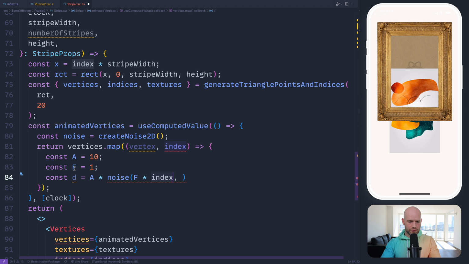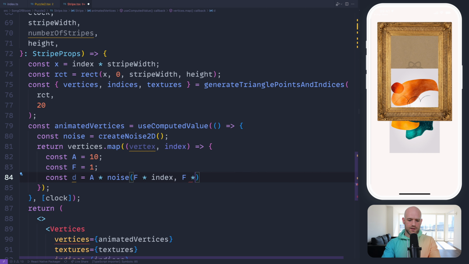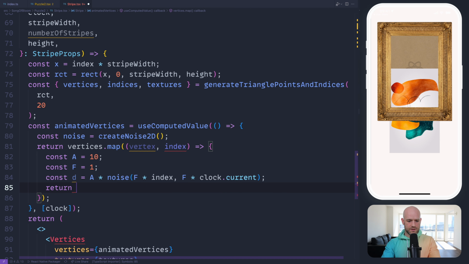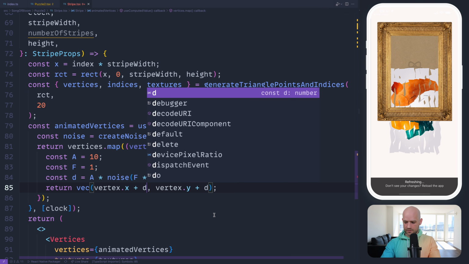Gives more control over the frequency, but here we're going to use the clock value as well directly, so it does not really make sense, but we need to do f times clock.current. And we can return the vertex, the deformed vertex. So it's nicely deformed.